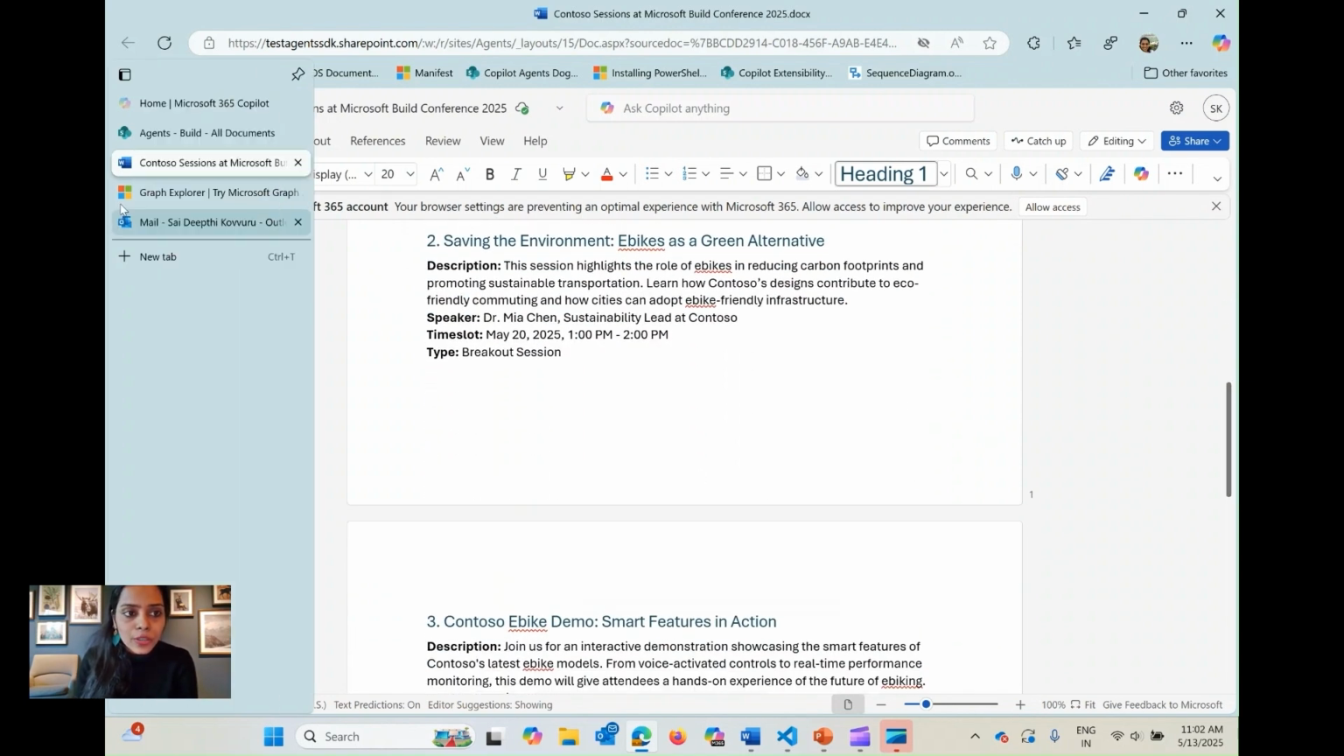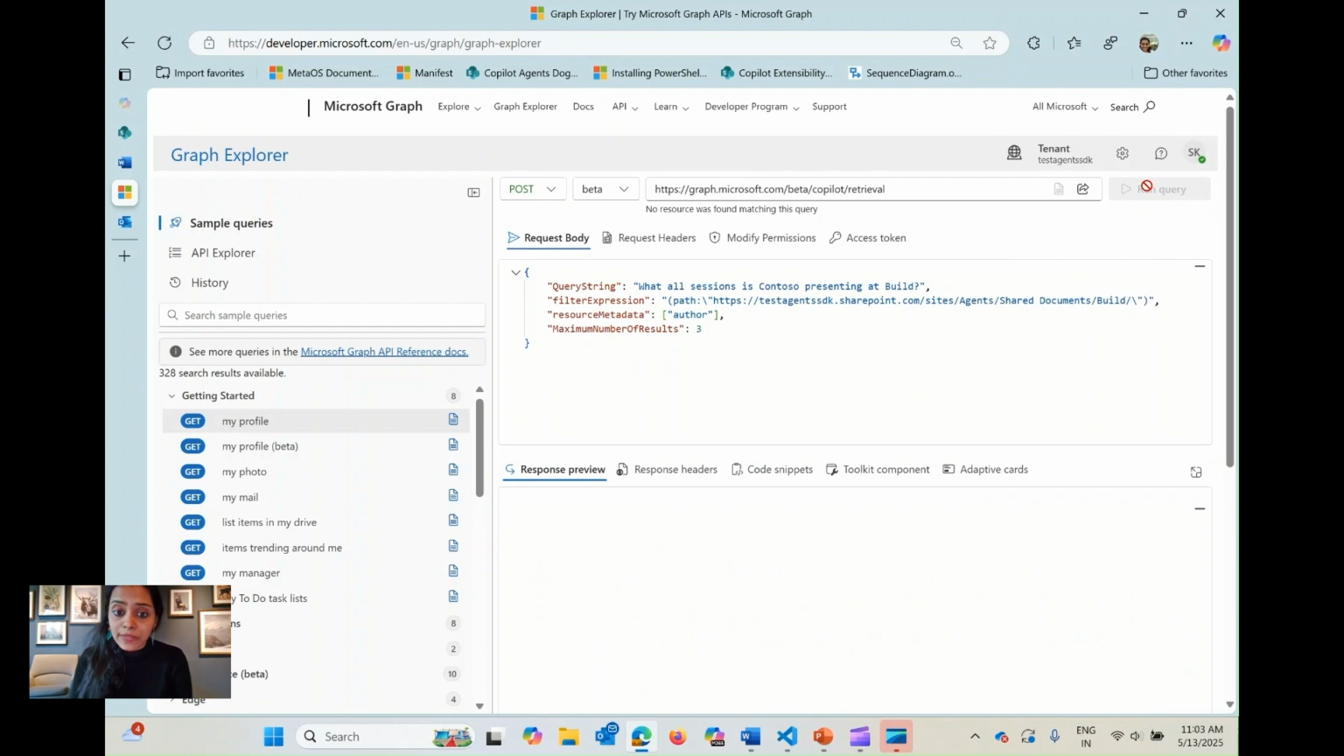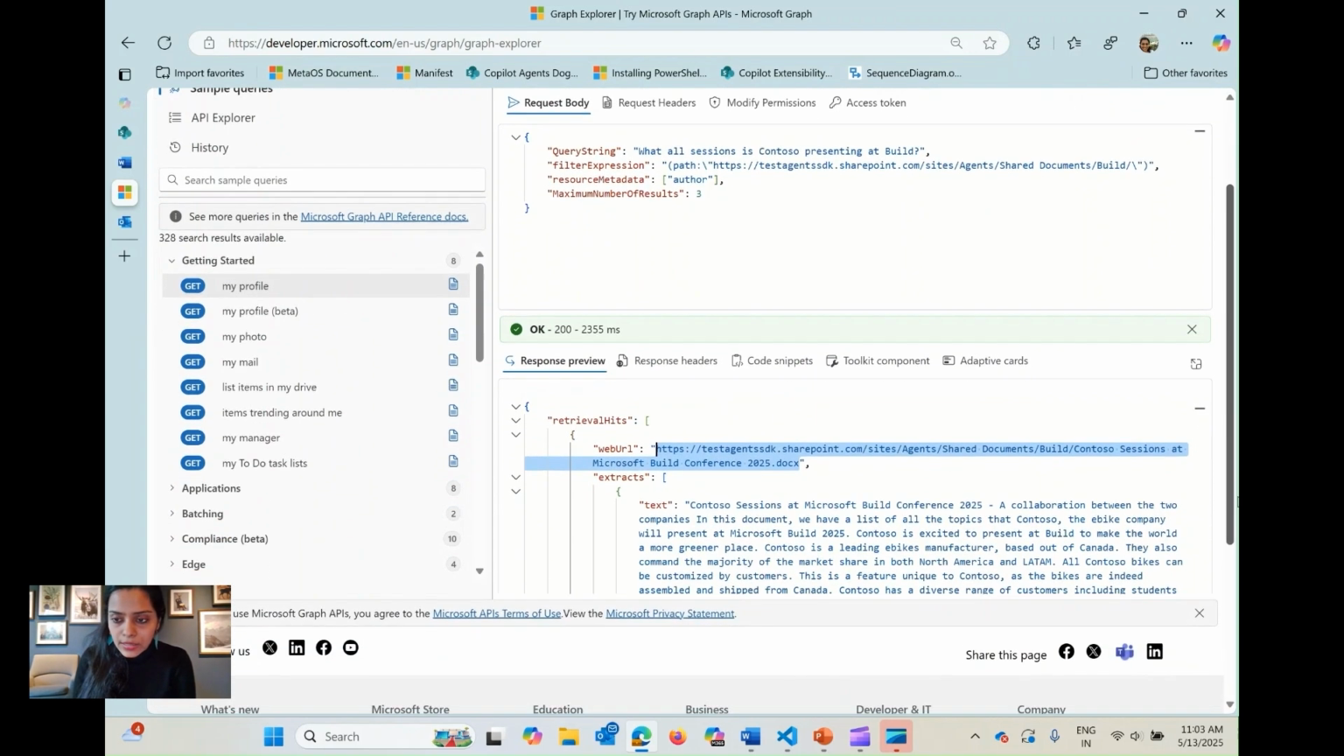Now, if I want to retrieve relevant information about this, for example, what are all the sessions that Contoso is doing at Build, I can limit my query to the folder path that I have shown you before, and then ask the Copilot Retrieval API to fetch me the relevant data chunks. And you can see here that it is referring to this document that I just showed you, and the relevant chunks actually have the